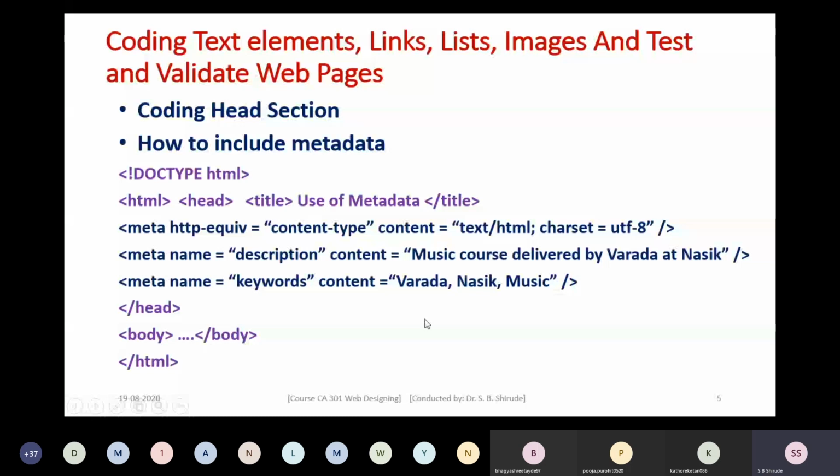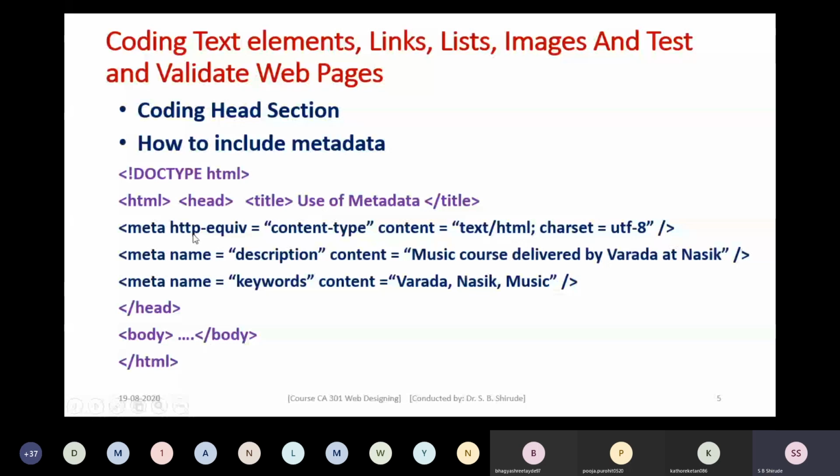Semicolon, the content is making use of charset UTF-8. This content in double quotes has a single value which is separated into two different properties. One is the content type text/html, and another one is the charset information UTF-8. This way we have made use of the attribute http-equiv.